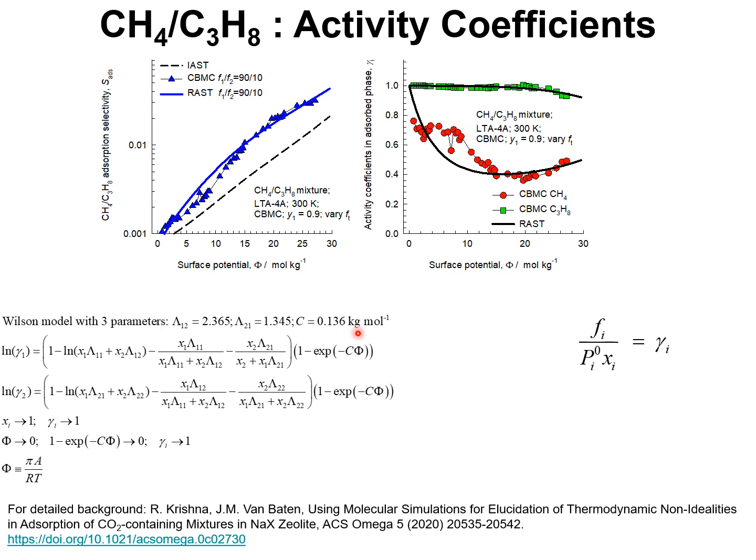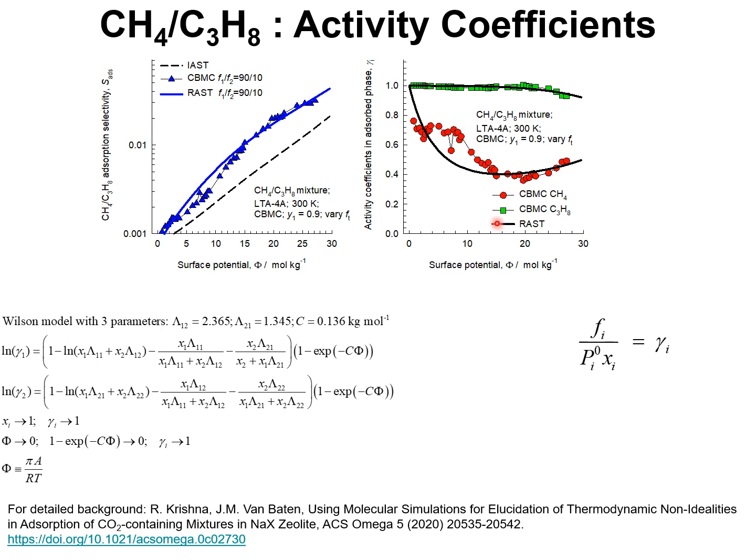So the three binary mixtures, CO2 propane, CO2 methane, and methane propane, all three binary mixtures show deviations from thermodynamic ideality. Now the question is, can we predict the behavior of ternary mixtures of CO2, propane, and methane on the basis of the information of the unary isotherm fits for the three constituent guests and the Wilson parameters that have been fitted for the three separate binary pairs. In order to test the predictability of the RAST Wilson model, we conducted